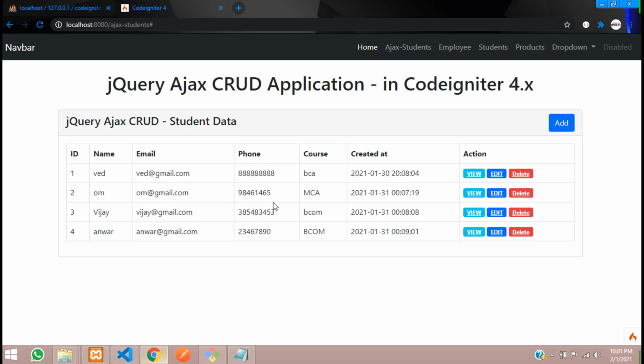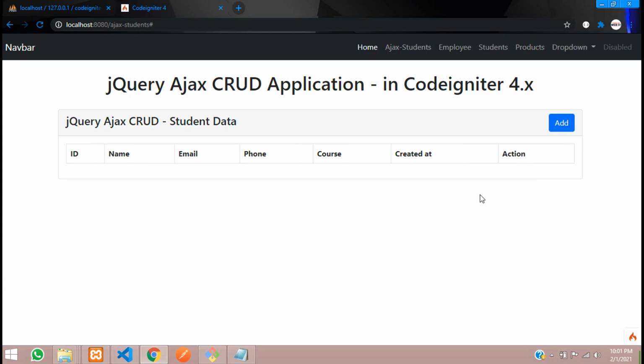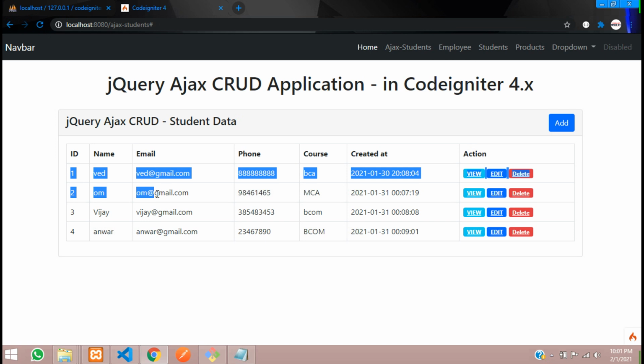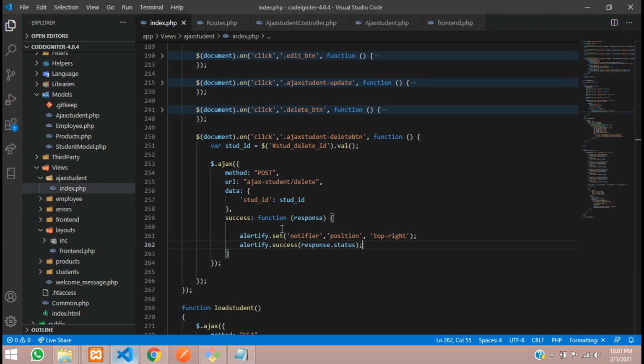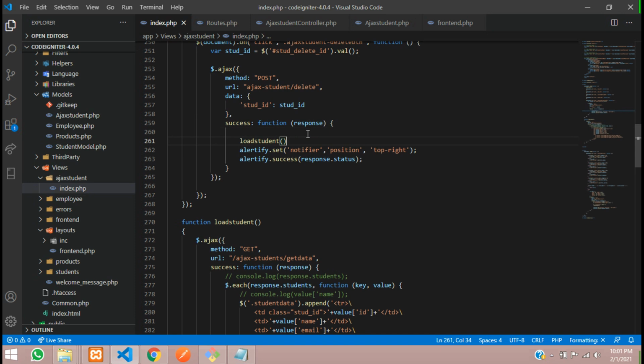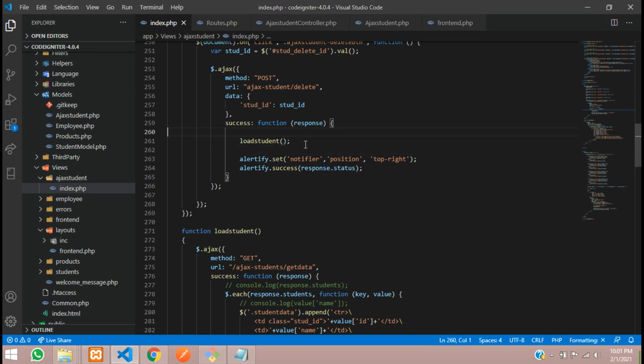So let's get back over here. When you click on delete, yes, delete, at that time this modal should automatically close, and then this table also should refresh without page reload. So let's paste that code also over here. As you can see, to load the data we have used the function called load. So first let us call that, and to close your modal,